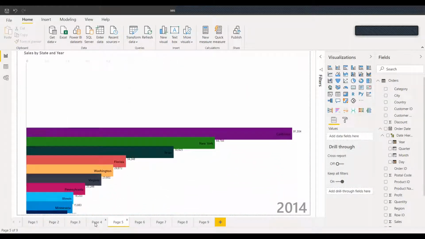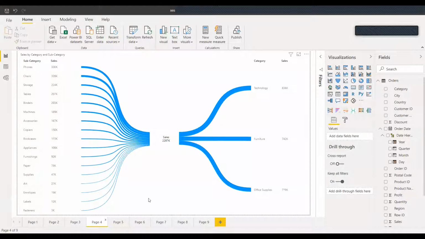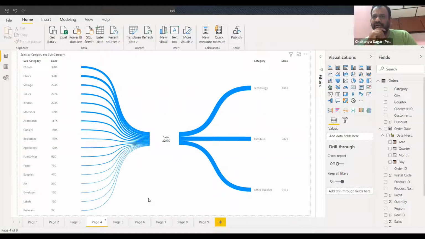One quick question, Swap here. Yeah. See, and this question is for everyone actually. See, where would you think this kind of a chart would be useful? So I think what it is showing here is the sales. So basically, when I see the machines, these are two different categories of sales they have put in here, right? But I'm just trying to understand where it would be very appropriate.